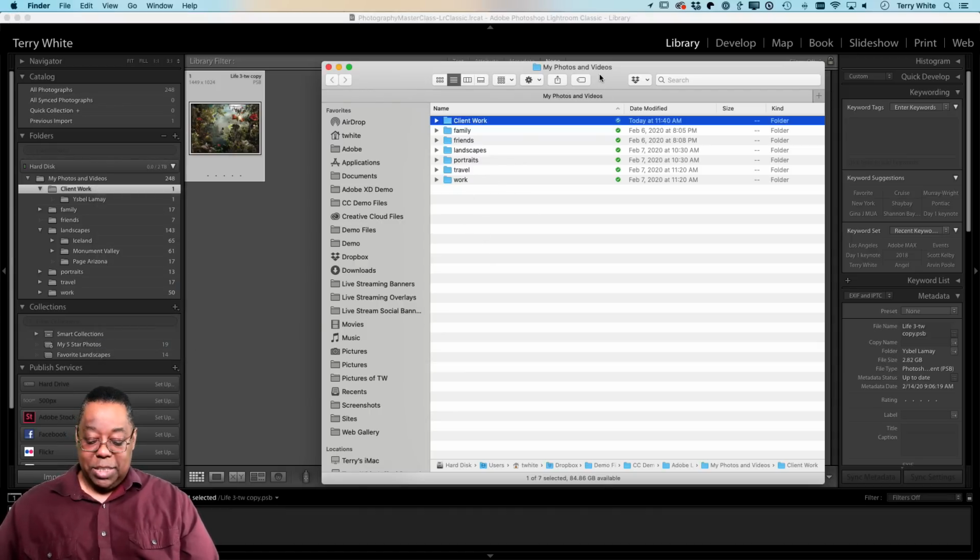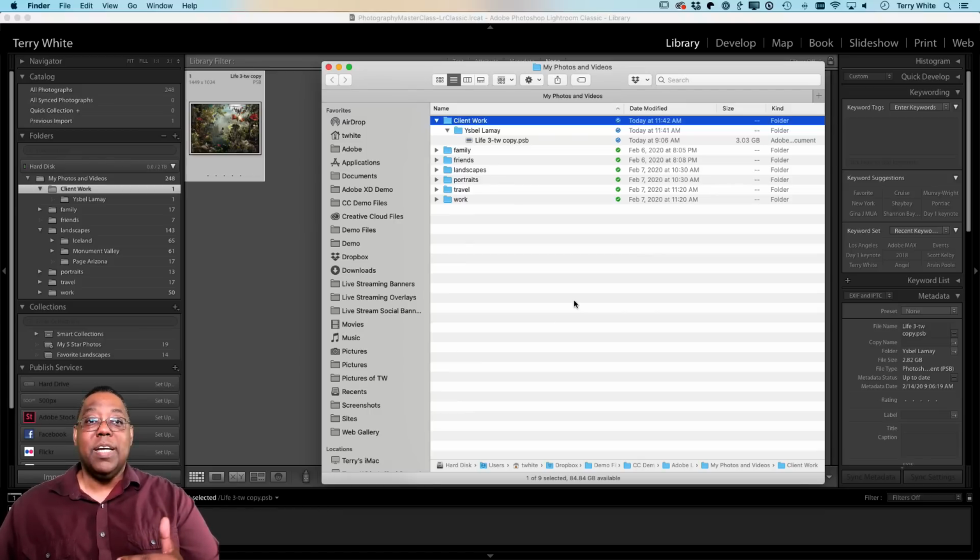And it's in the right spot. It's in my files and folders. And if I were to twirl this down, it will show me that that is the folder that I created. If I were to twirl that down, it shows me the PSB file that I created. So it's showing me everything